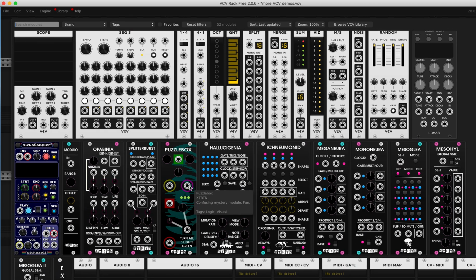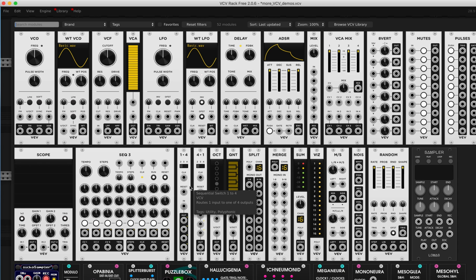The black ones are ones that I've downloaded and have experimented with myself from the website I showed you a moment ago. But the silver ones are the very basic building blocks, so that if you were able to go out and purchase an ARP 2500 synthesizer or a Moog modular synthesizer, these would be the kinds of modules that you would find that are part of the standard toolkit of that synthesizer. And so I'm going to start with a VCO. VCO stands for voltage control oscillator. And I'm going to add to that an audio output,